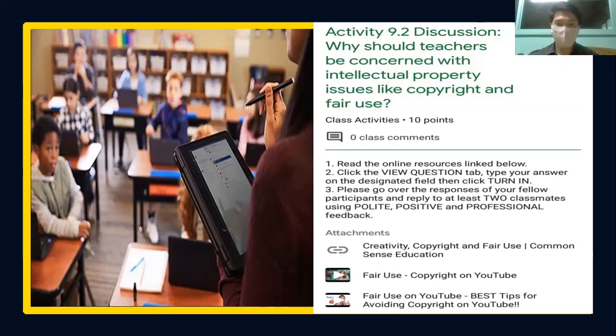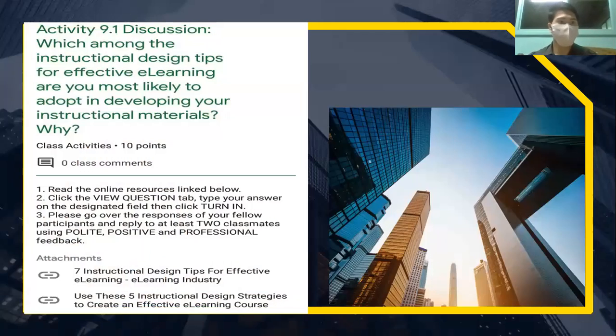The second one is the discussion on which of the instructional design tips for effective e-learning you would most likely adopt in developing your instructional materials. What I chose is the 7 instructional design tips for effective e-learning in schools, because we can use some meaningful images that would help our